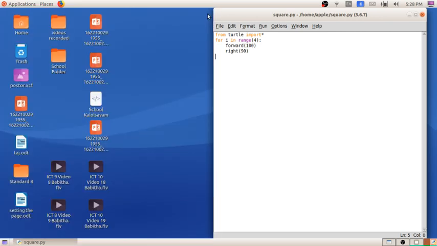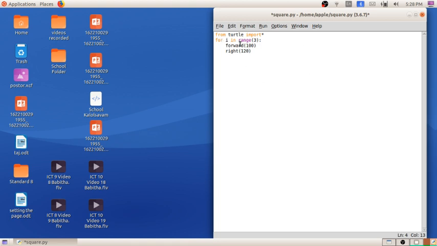The same thing we are using. For getting the triangle, we need only 3 sides, right? So for I in the range of 3, here they have written forward of 100 and left of 120.